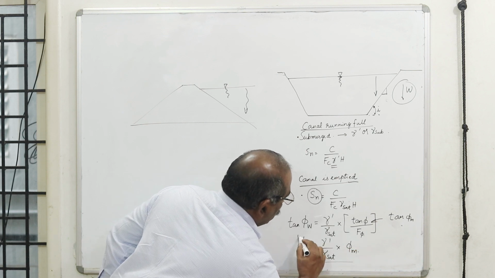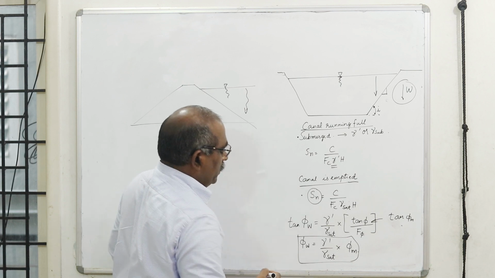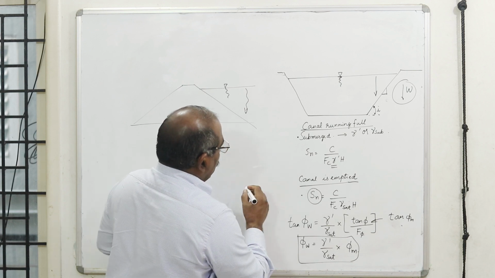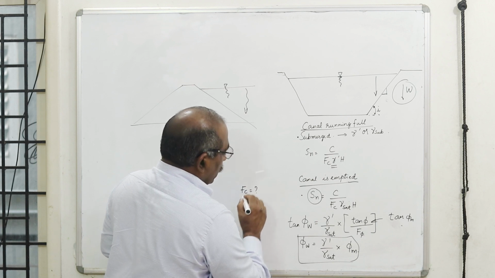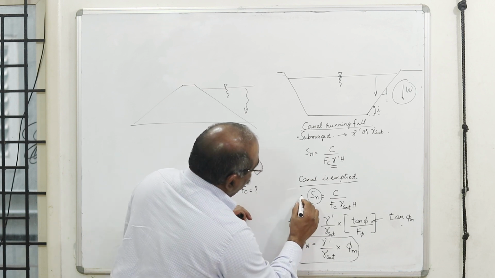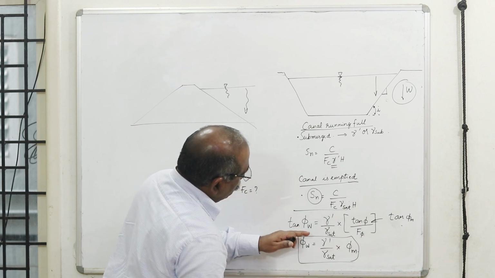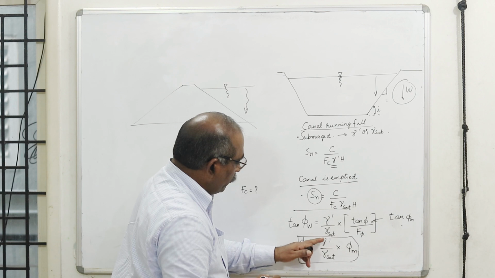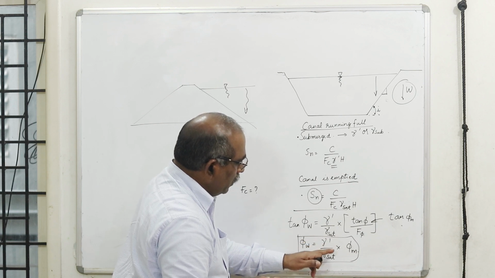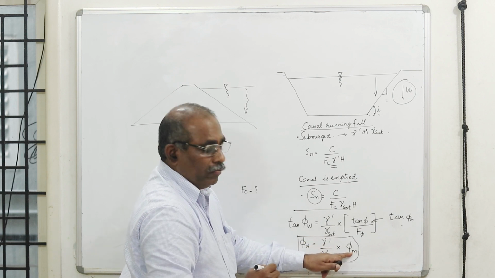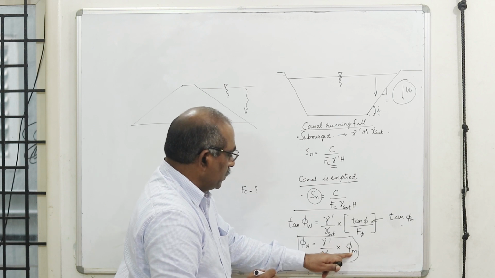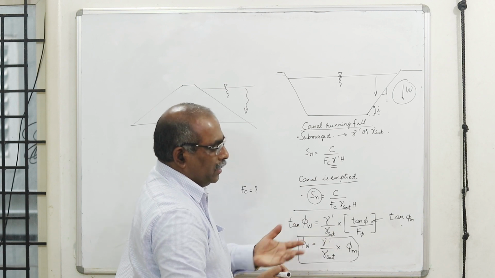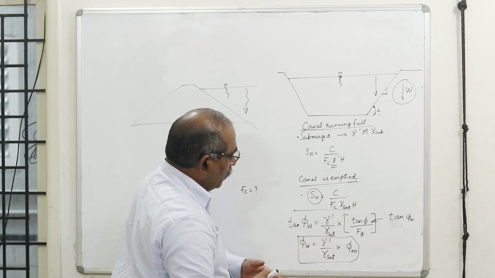Therefore, whenever I want to evaluate the stability number, based on that I want to find out my factor of safety. What I do is find the weighted friction angle by taking the ratio of the submerged unit weight to the saturated unit weight, multiplied by this value of phi m, the mobilized friction angle. So if your phi is say 20 degrees, you may take say 18 degrees as mobilized. That's what you assume. How are you going to assume?